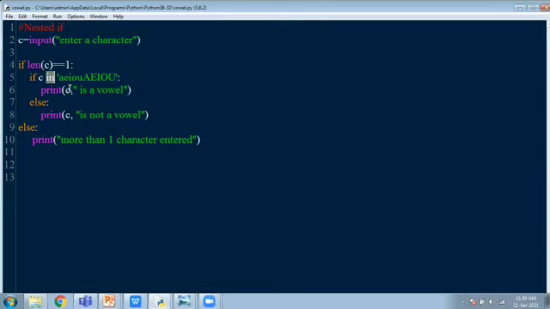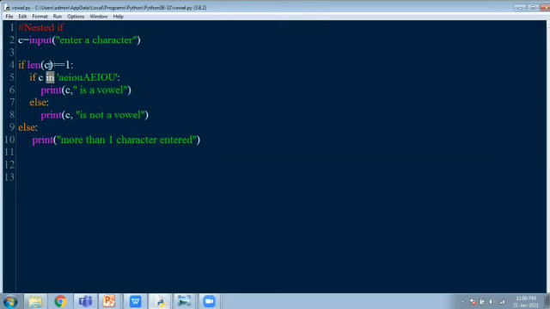If it is present, then it is going to print this character is a vowel. Otherwise, it will print it is not a vowel. You can see the indentation followed under the if statement. So for the first if statement, only when it is true, it will come to this next if statement in another level. So this here exhibits the nested if. An if statement is given within another if statement, right? So first of all, you are checking whether the character input is only one character. It's a single character input.